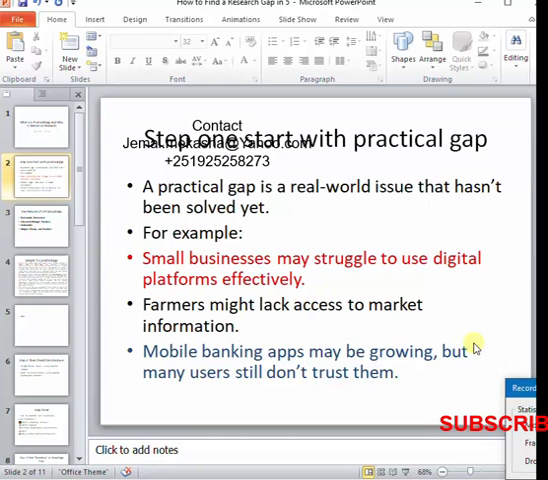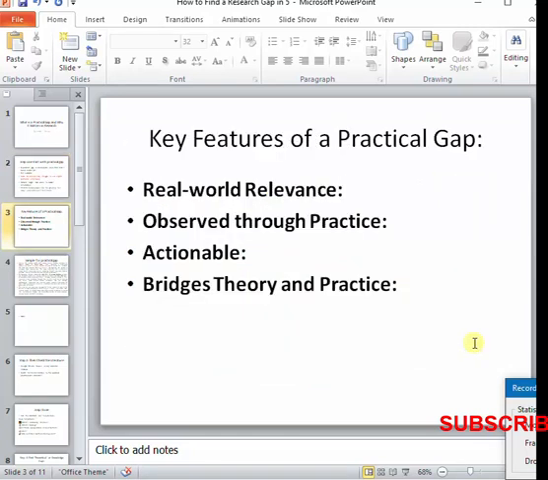So by observing your environment, by scanning the environment, you can understand the real world problem. You can understand the gap in the environment. It is called practical gap. This practical gap